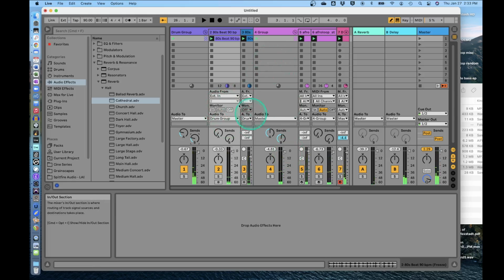So now that I've built my ensemble and I've got this going, I can now perform this into an arrangement